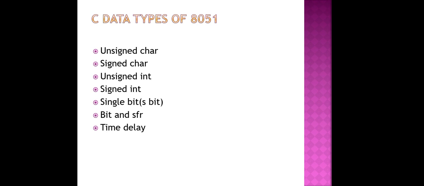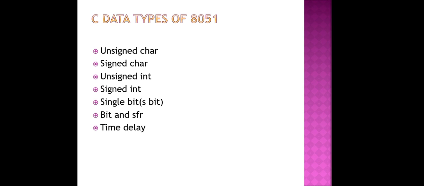We have only 15 bits for the magnitude, so the values range from minus 32,768 to plus 32,767.